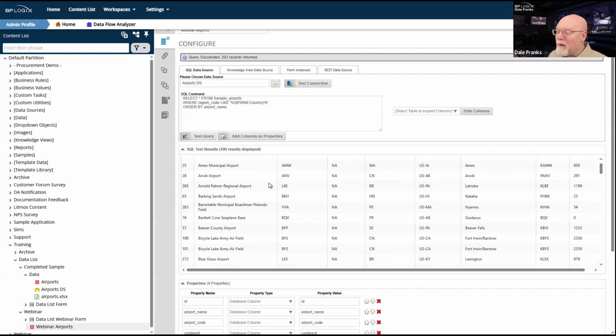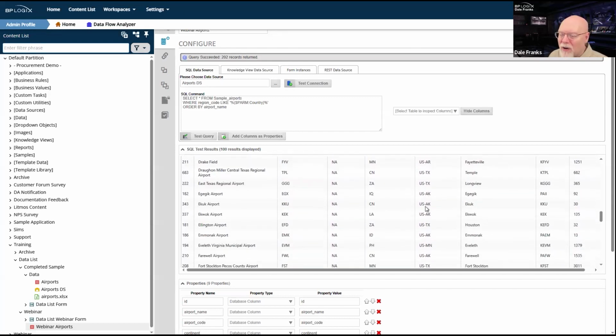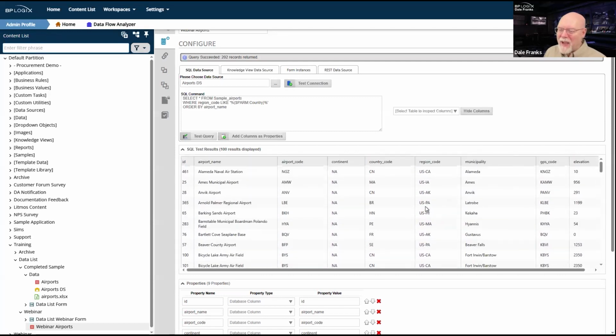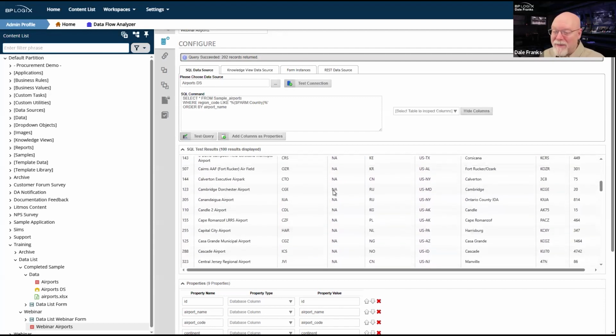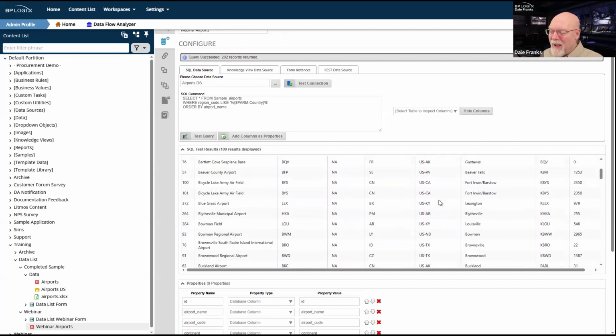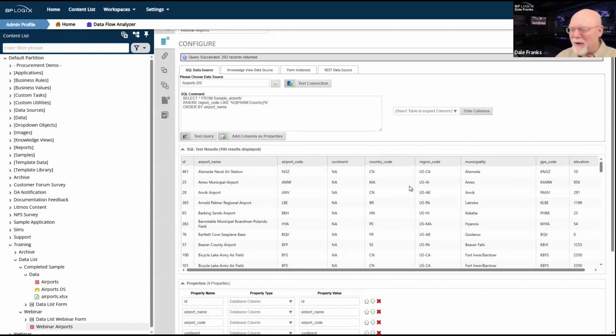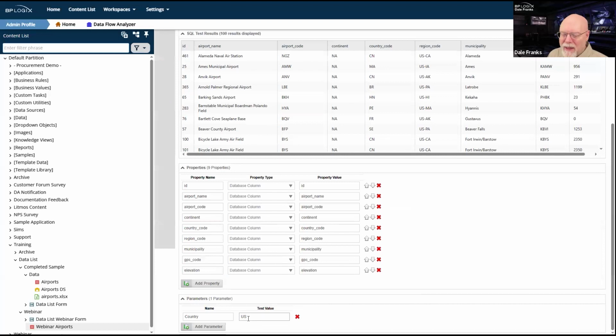Okay, there we go. So now I'm getting a whole bunch of US airports. It's weird that the regions are largely right in this sample data, but the country code is wrong. I don't know why the country codes are wrong. Even the continent is correct. It is North America. So super weird the way that this data came out of Makaru, but fine. We managed to get our way there. In the region code, if it is the United States, US works.